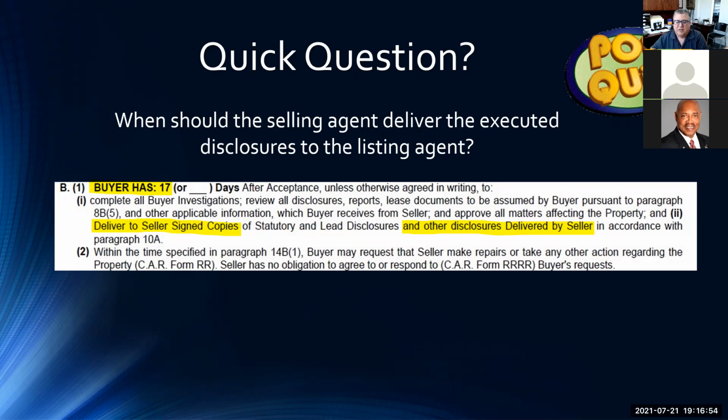Now the reason why I find this a little bit important is because I've had listing agents yell at me, telling me, where are my disclosures? And I'm telling them, well, you know what? We're not done with everything. Because me personally, I don't like to sit with my client and call them and tell them, hey, come to my office, let's go over the appraisal.